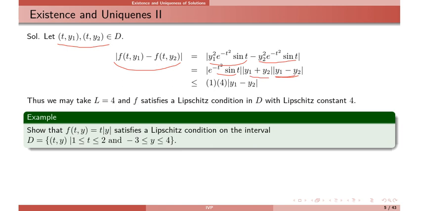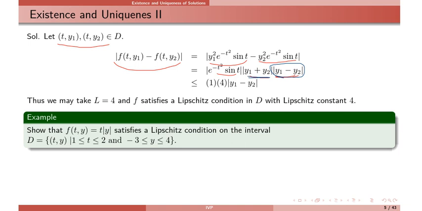And now you need this in the right hand side, and make the right hand side bigger. So you need to eliminate t and this sum y1 plus y2. So use their maximum value. So e power minus t square,